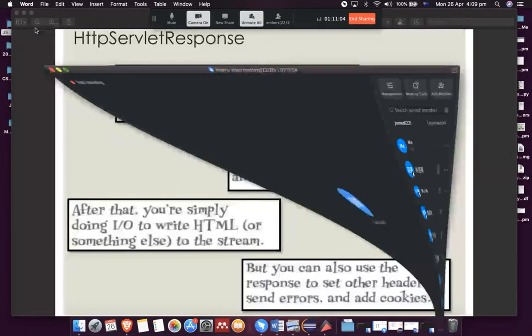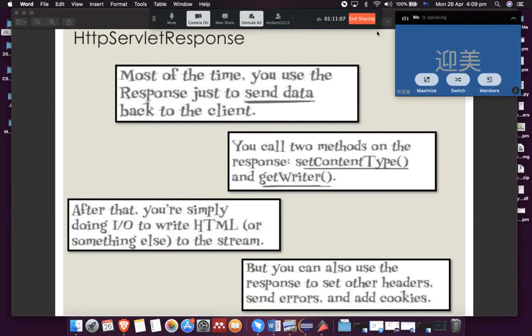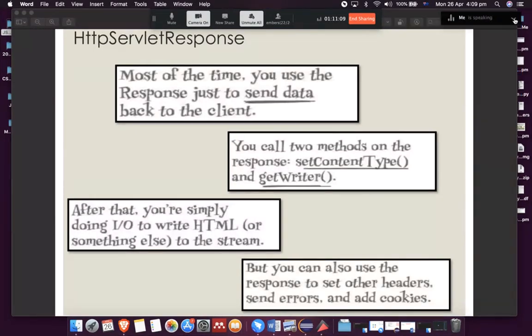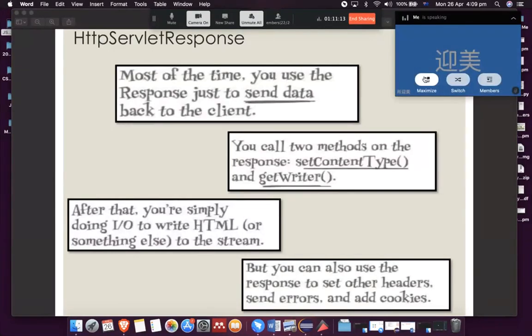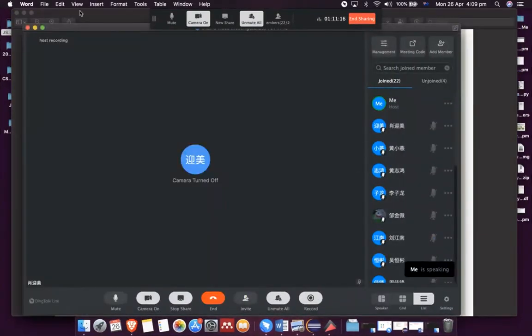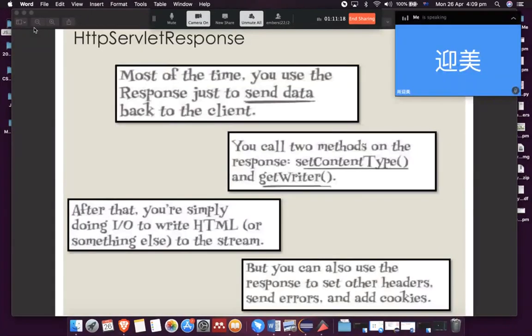Okay, so let's get back to the response object. Please let me know if there are any problems with the recording or the screen, anything. Please let me know as soon as possible. Okay, so